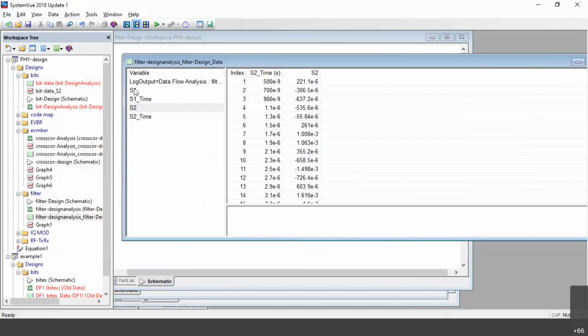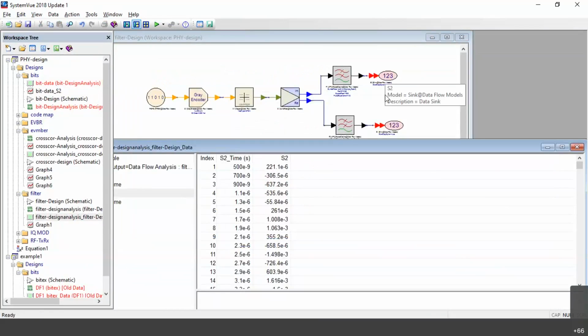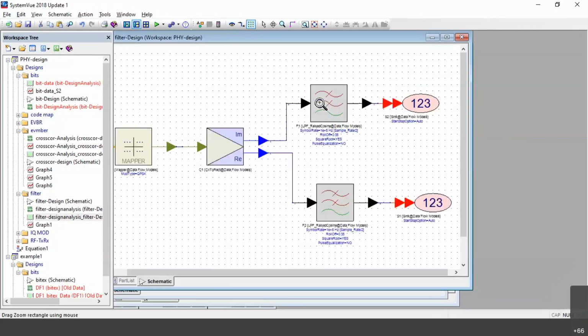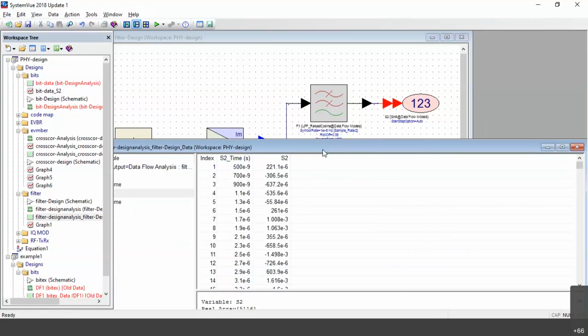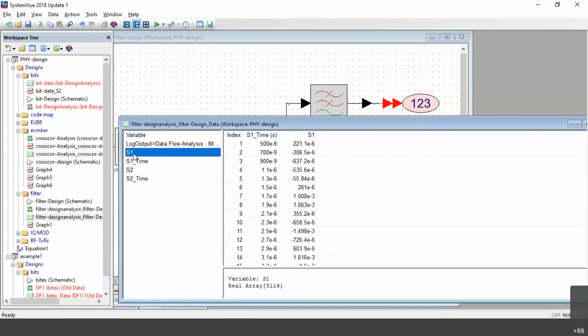S2 is the real part and S1 is the imaginary part. You can see the graph here. I'll zoom. This is your S2. This is your S1. So I'm plotting with respect to the imaginary part. You can see. And if you want to see with respect to S1, then this is your S1.